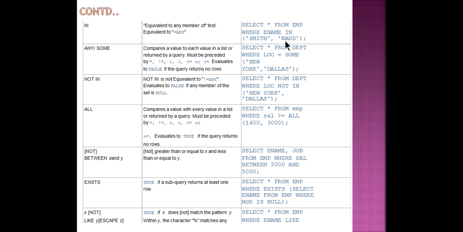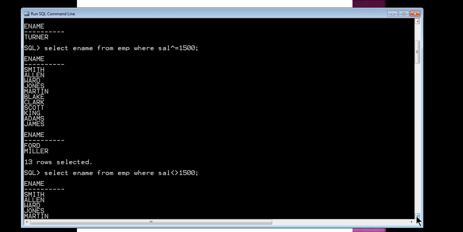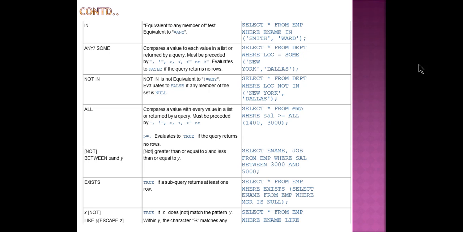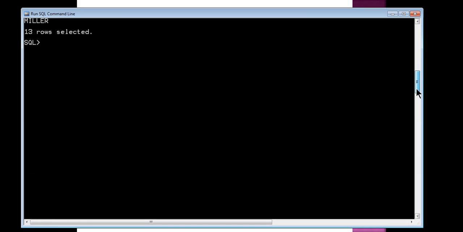So IN is an operator used to compare many values. Suppose I want to display the employees who belong to department number 20 or department number 30. What do you need to do? Simply execute the query.